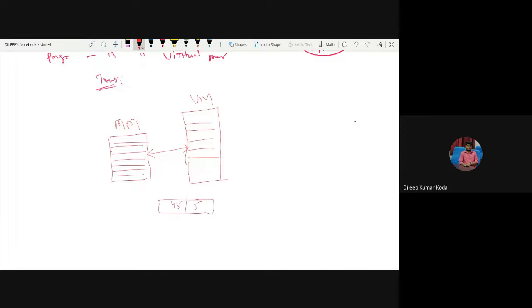This is your page number. The first part indicates a page number, and the second part indicates the location in the page. So this is your virtual address. Let's say page 0, 1, 2, 3, 4, and so on. This is your page frame 0, 1, 2, and so on. For example,